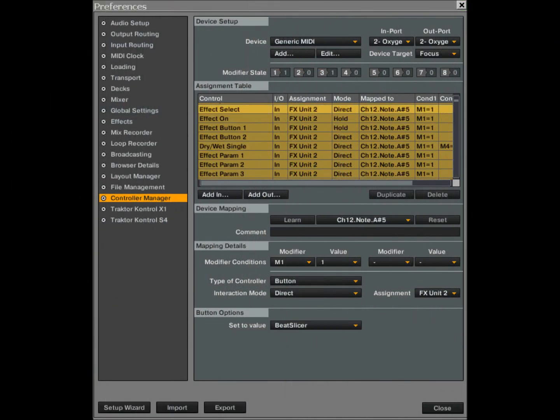Alright, the final set of values I'm going to show you, which kind of finishes off something. You can also just play it here and there to kind of throw in a little fill. And